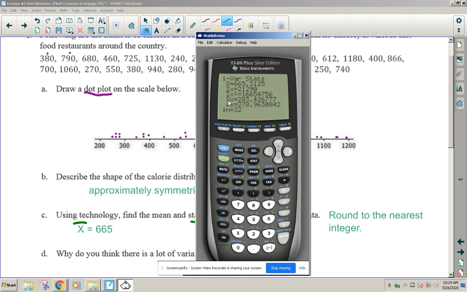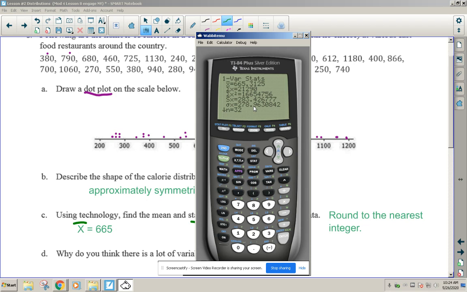And this here, this Sx, is a sample standard deviation, and this is the population standard deviation. Now, when they just ask you for a blanket standard deviation, they're asking you for a population standard deviation, because what we did is we used the entire population of data that they gave us. And the standard deviation on this would be